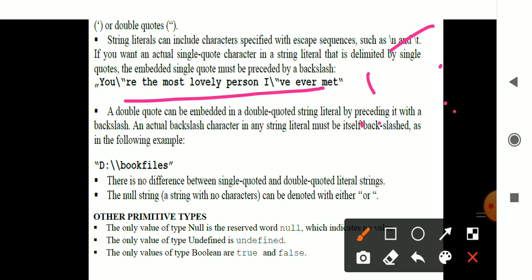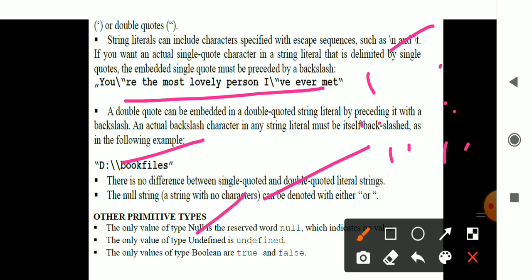You have the slash format, backslash or front slash, and the backslash is mainly used with double slashes, which divert you to some other part of the data. There is no difference between single quote and double quote, but when it is a null string, you have to specify it with double quotes. Remember that concept.